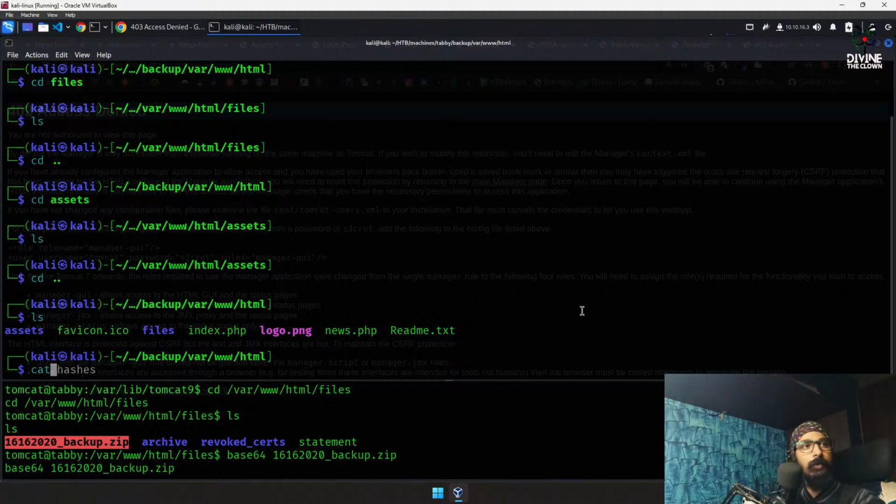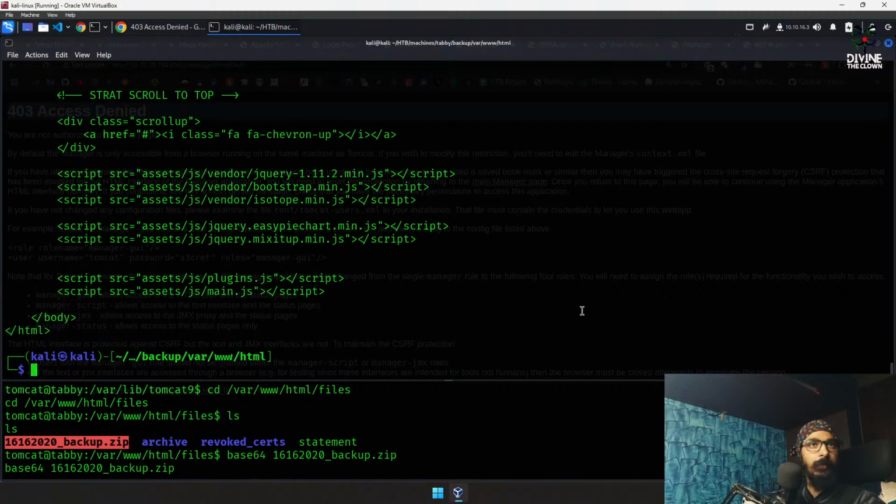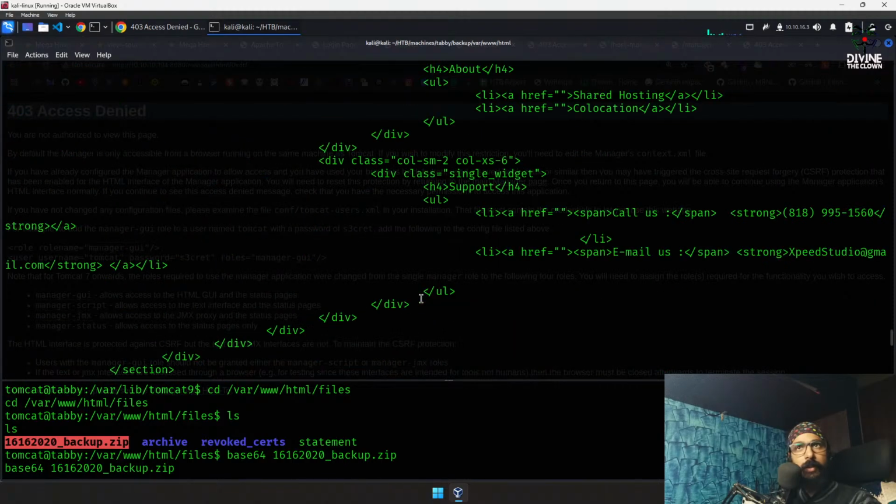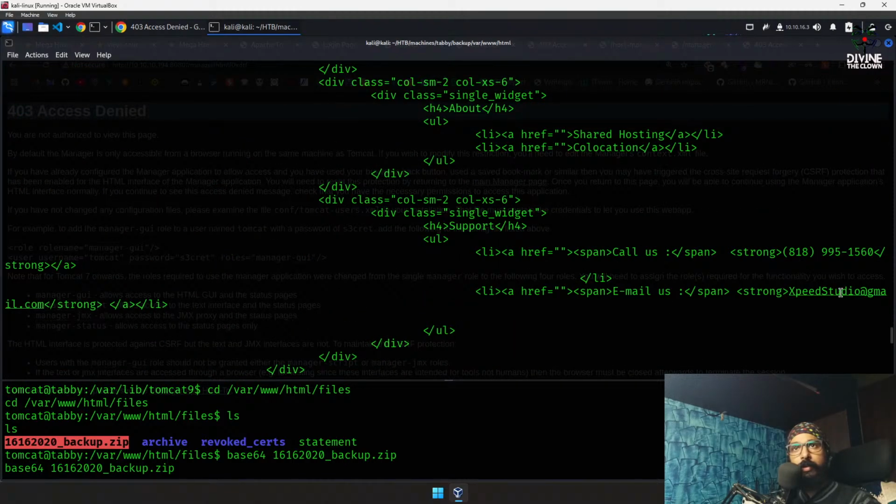So let's do the cat over index.php, and this contains a different